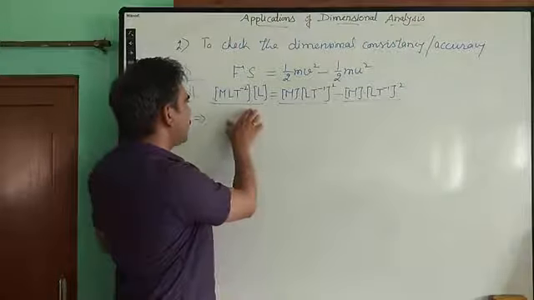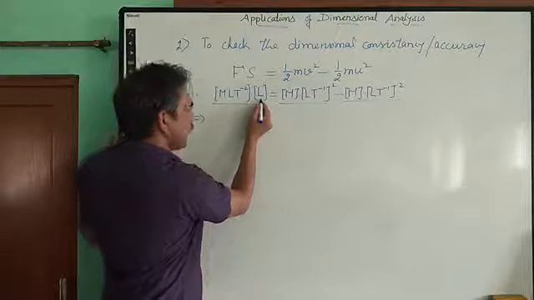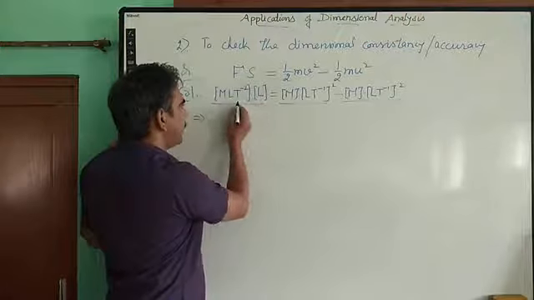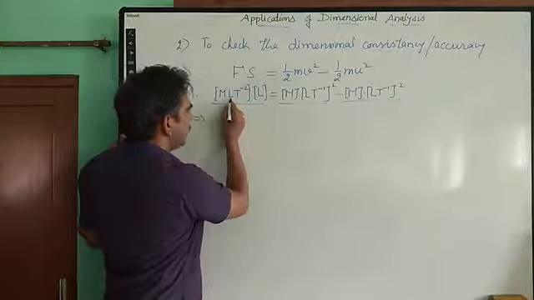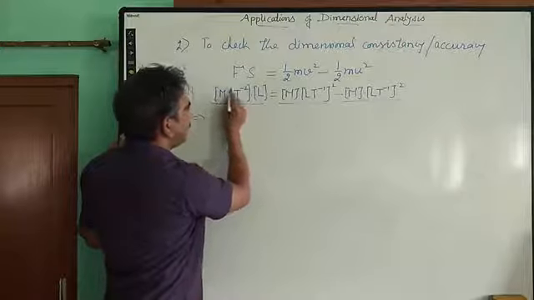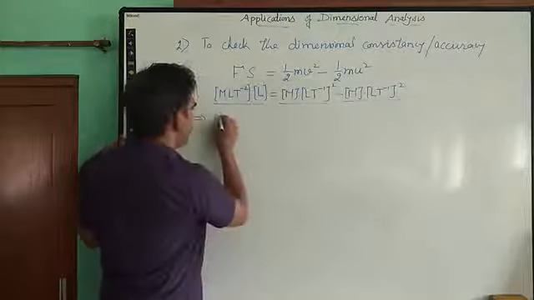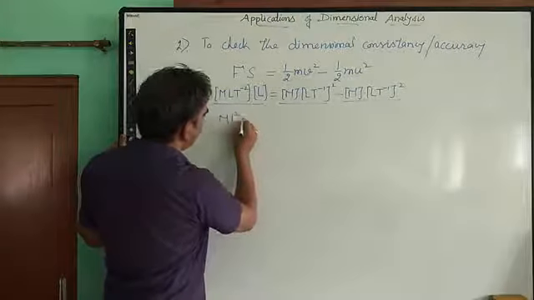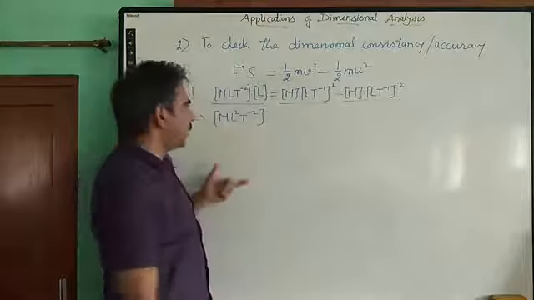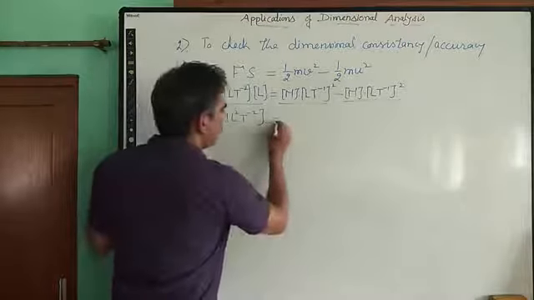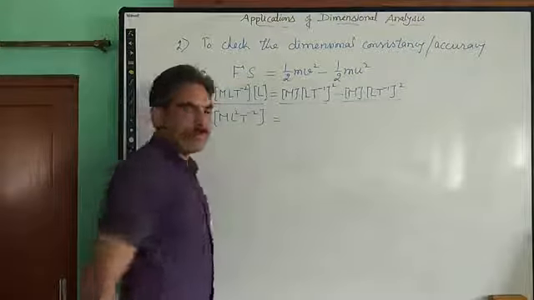So let us begin with the dimensions on the left hand side. Whenever we multiply it by this L, it has to be added to the L only, right? It has to be solved with the L only. So in this dimension of force, L has power 1 and this also has power 1, so it becomes L to the power 2. So it becomes M L square T minus 2. So these are the dimensions on the left hand side, and on the right hand side each and every term should have the same dimension, right?